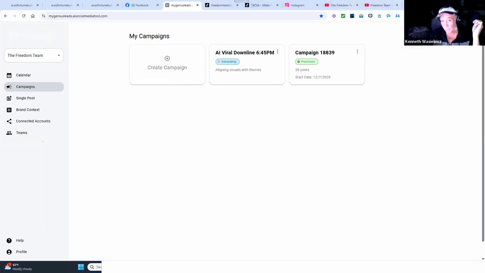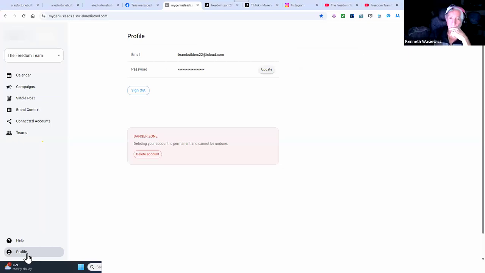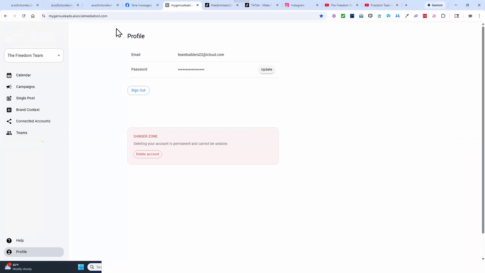And then here's the big thing: when you're done using this tool and you want to work on your other company, you've got to come down to profile and log out. Everybody's trying to log into their accounts and seeing a blue screen, some kind of upgrade, because this account only allows one branding unless you pay a lot more money. This is a lead magnet, but the good news is you can create 100 accounts for free.